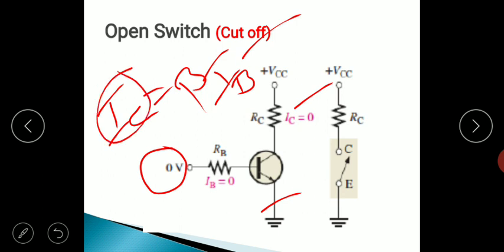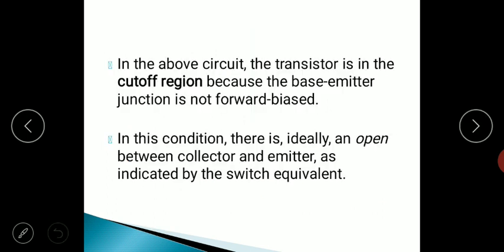When there is no current flowing, the transistor is acting like an open circuit. Hence when the base voltage is 0, as shown in this equivalent circuit, the transistor can be considered an open switch, and this happens when the transistor is operated in cutoff mode. Once again, when the base voltage is 0, the base current becomes 0, and this forces the collector current IC to be 0. No current flows in the collector, meaning the transistor is open, and this is how the transistor can be used as an open switch.